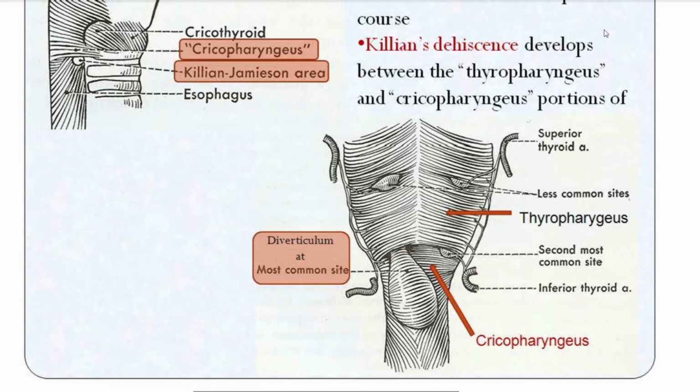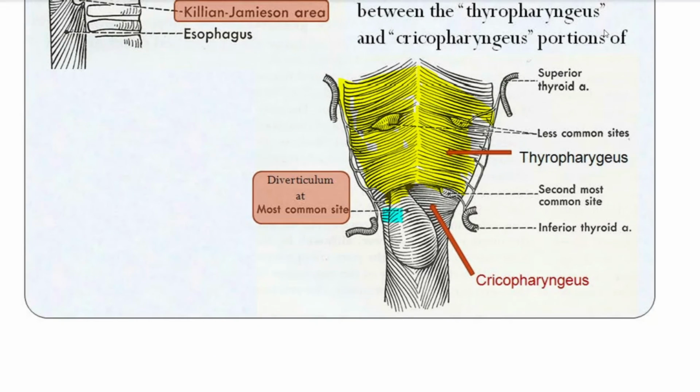Now, in the first one, that is the Zenker's diverticulum, I want to point out the two important muscles of the pharynx, that is the cricopharyngeus, which can be seen here highlighted in yellow color, and the other one being the thyropharyngeus muscle, which I am highlighting here in the blue color. Now, as you can see here, there is an outpouching. Now, this outpouching is nothing but the part of the esophagus which has entered from the space present between the thyropharyngeus and the cricopharyngeus.